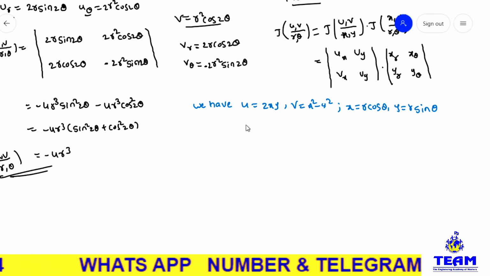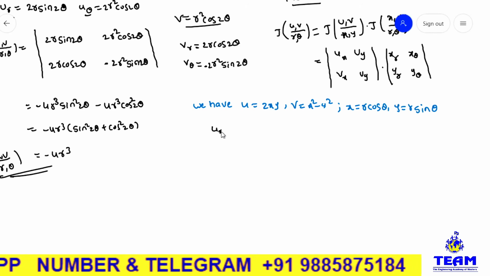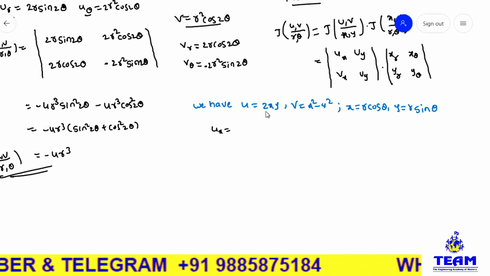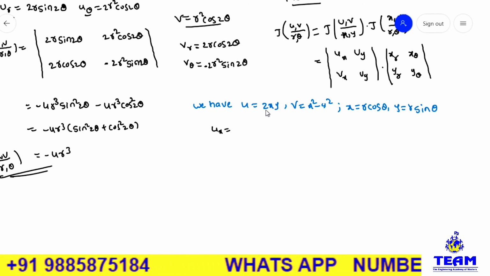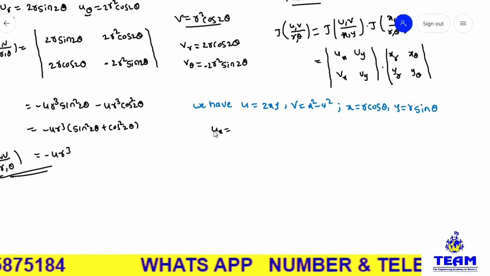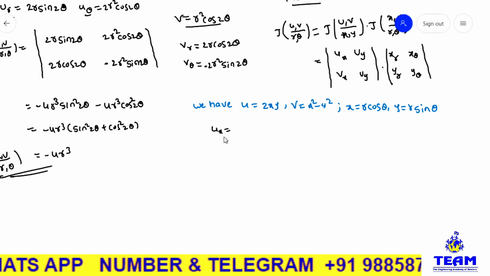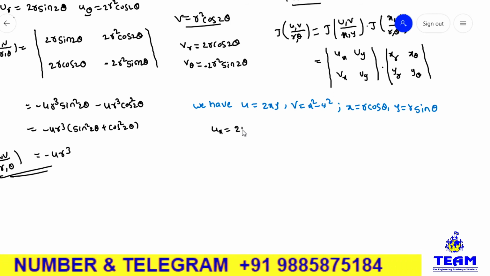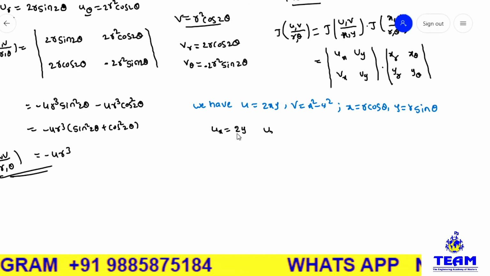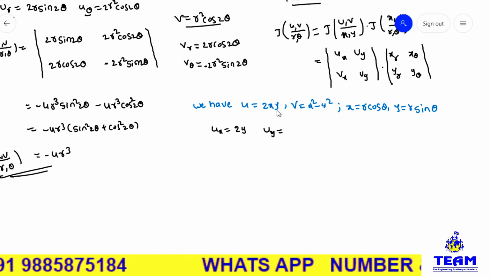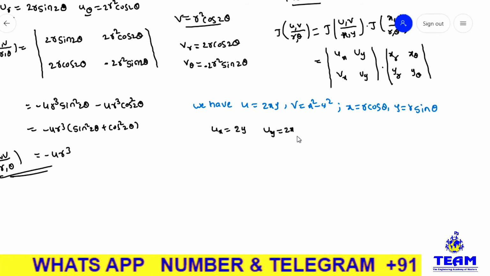Okay, we have u is equal to 2xy, v is equal to x square minus y square. Now dou u by dou x, I am differentiating u partially with respect to x. Here you have only one term, containing x. So what is the x derivative? 1. 1 into 2y is there. Remember friends, while differentiating partially with respect to one variable, we have to treat all other variables as constants. So 2y is a constant, x derivative is 1. Next, dou u by dou y. So y is there, x is there. So 2x is a constant here, y derivative is 1. So 1 into 2x is 2x, completed.